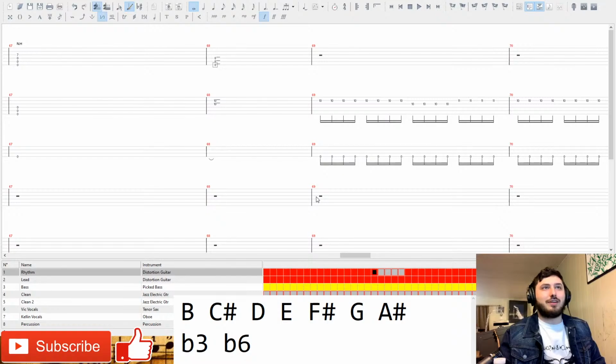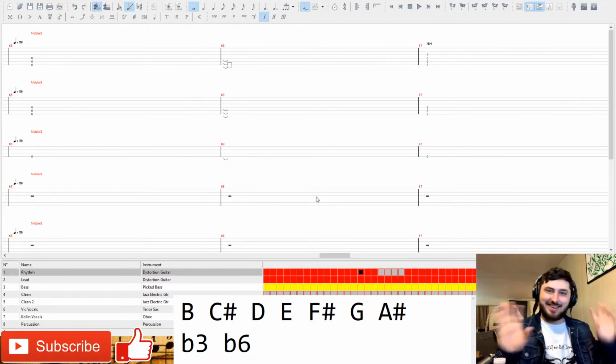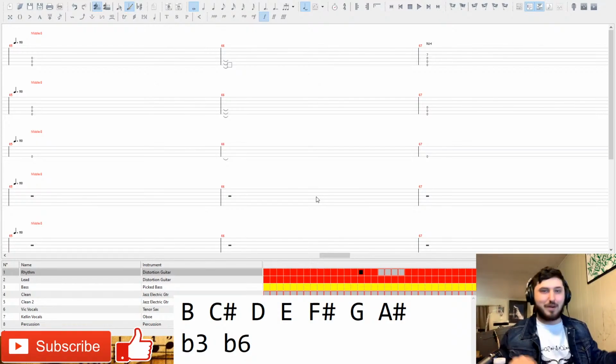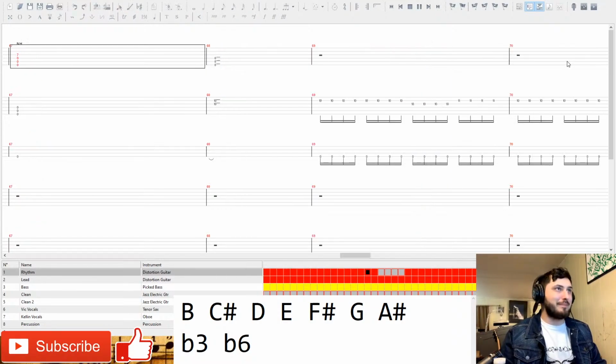Okay, so here's what happened. I'll give you a hint. We're in harmonic minor again. Just back and forth. Natural minor, harmonic minor. Natural minor, harmonic minor. And again, this is a section that gets screamed over. Or in this particular part, they're talking over it to go into screaming. So these open notes could be natural or harmonic minor. It doesn't matter. They sound heavy, that's why they use them.